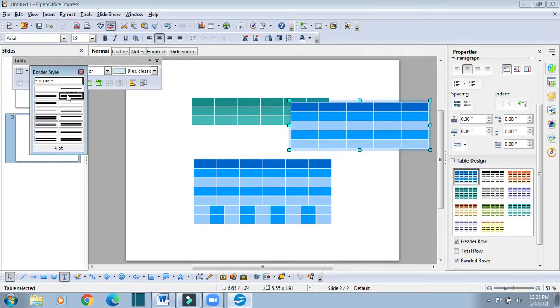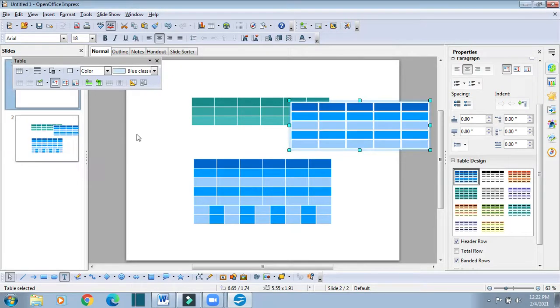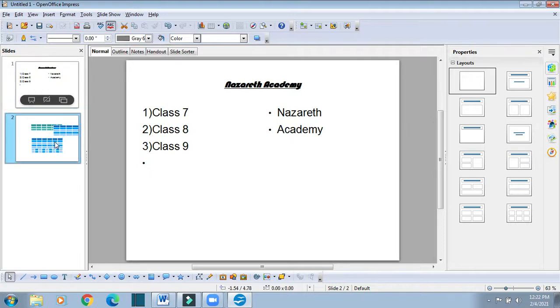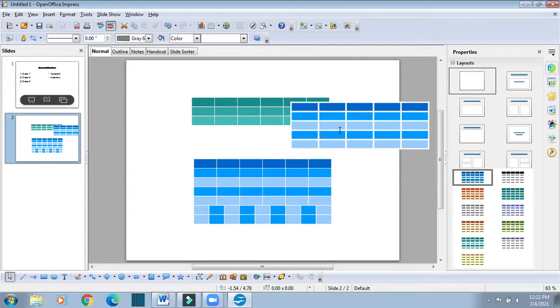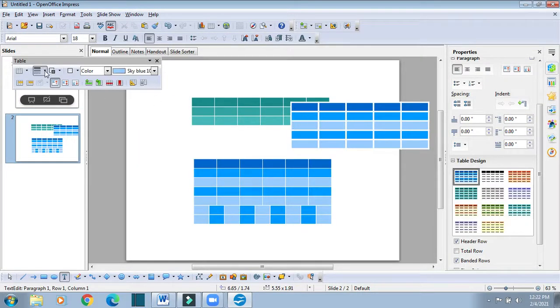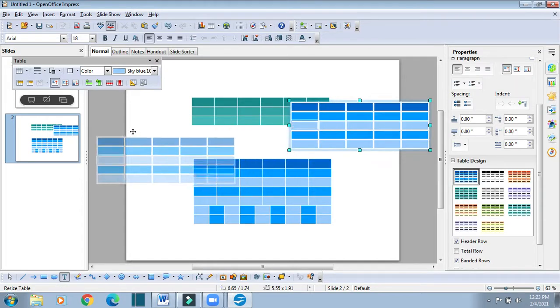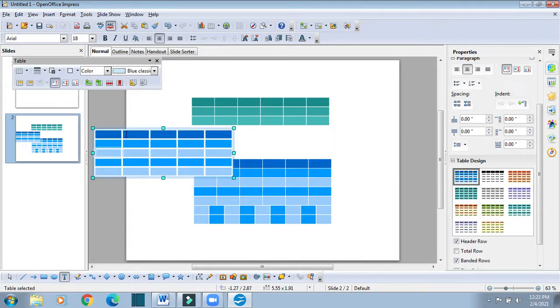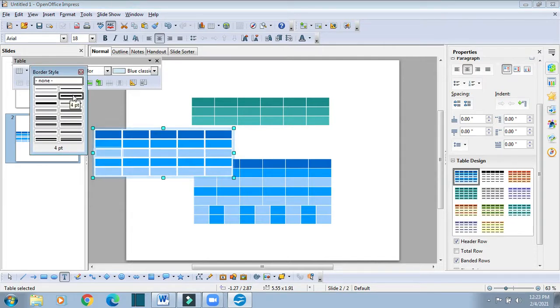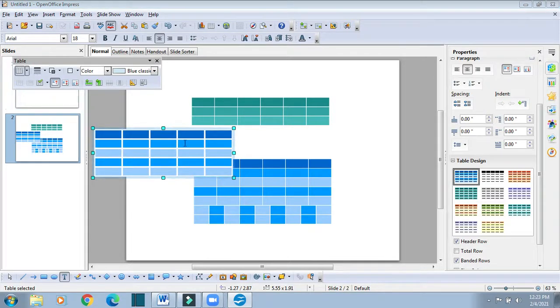Here suppose I want a thick line, so I will just click here. It will give a thick line. You can see it got thick lines. Or this one, suppose I want this much thick a line.